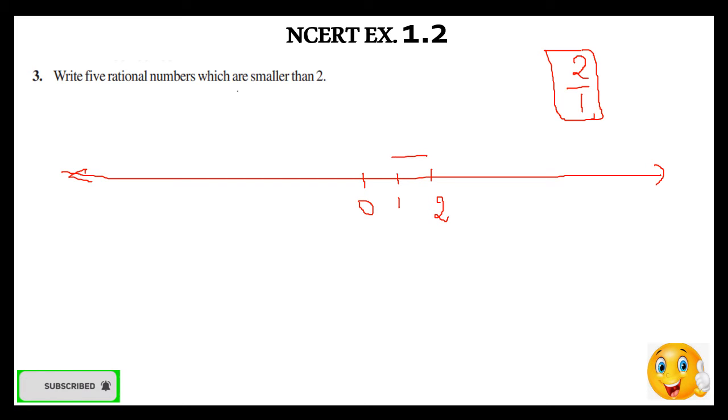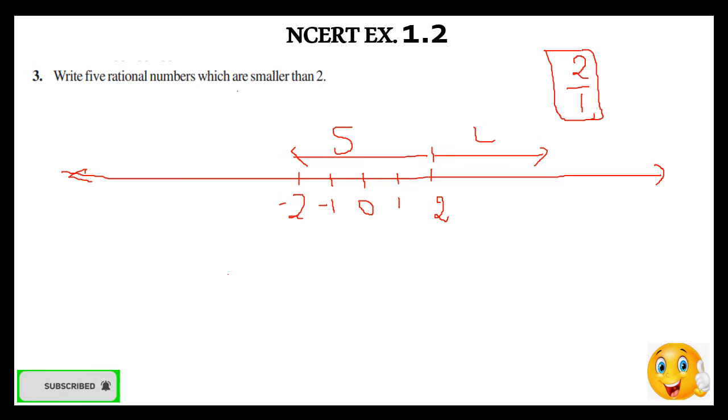So on the left side we have the smaller value, and on the right side of the 2 we have larger value. So any number on the left side you can choose to write your answer. So here we can write any 5 rational numbers